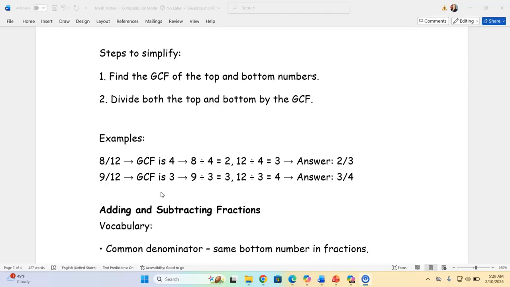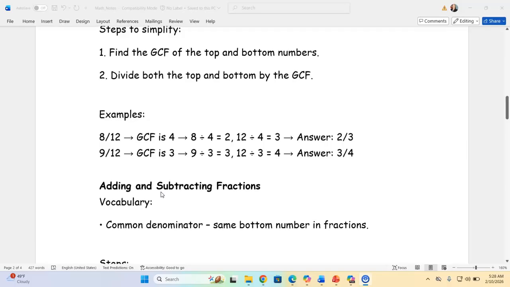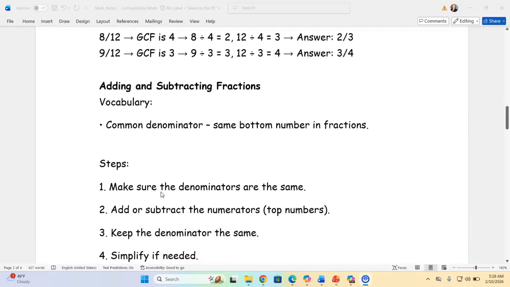If you tried to go to 5 as an example, what's 12 divided by 5? It doesn't give you an even answer. So it's pretty plain and straightforward as far as the steps for greatest common factor. Again, a lot of these math problems combine multiple concepts together, so that's why it's really important to build that